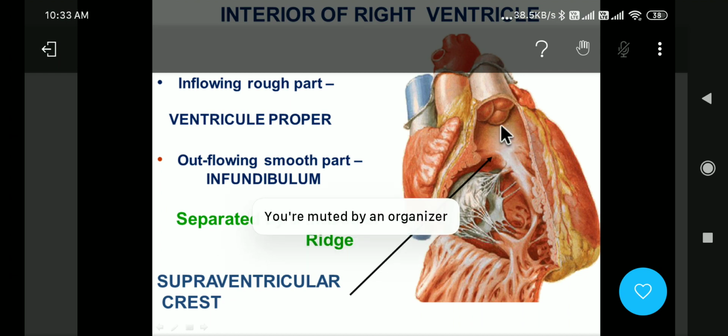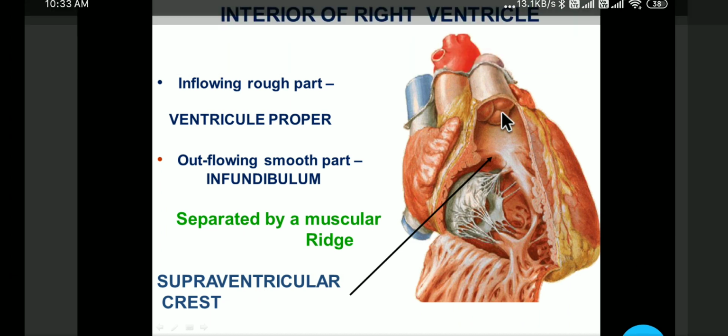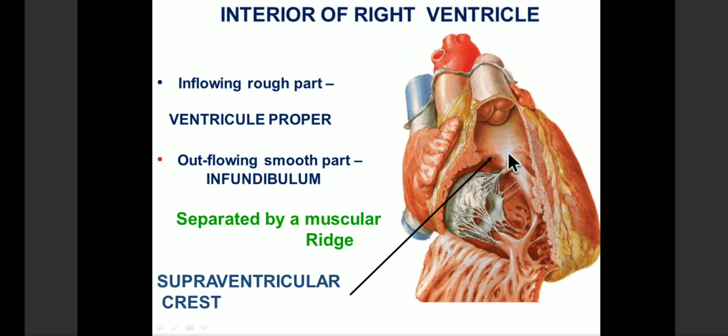In structure, which is going towards the coronary trunk. So this region is also called the infundibulum. Infundibulum of the coronary ventricle. This smooth part and the rough part are separated by a clear muscular bridge, which we call the supraventricular crest. So what we can see, there's an inflowing rough part in which you can identify